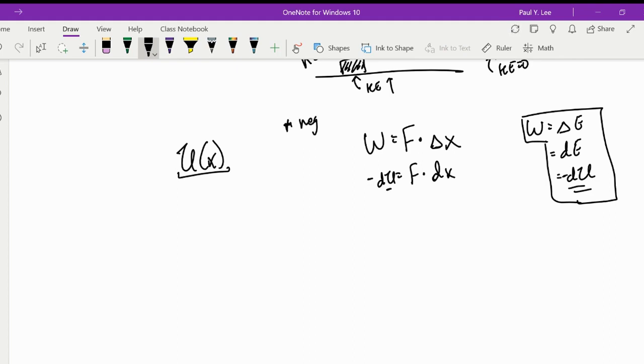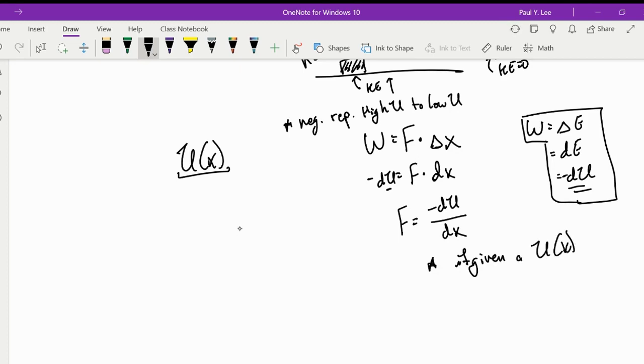The negative symbol represents what we like to call the nature of the universe. The nature of the universe always wants to go from high potential to low potential. And that's what that negative symbol represents. All right, so with this formula, if we were to rearrange it, we can also get that force is equal to negative dU/dx. So what this shows us here, and this is important, is that if given a U(x) function,